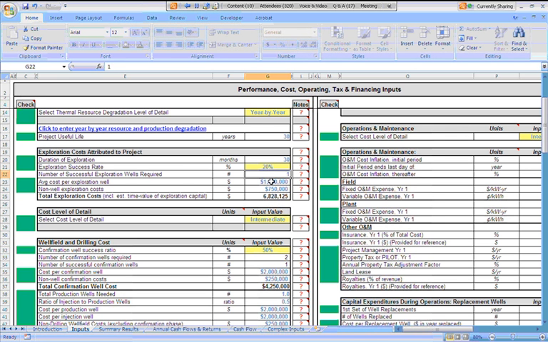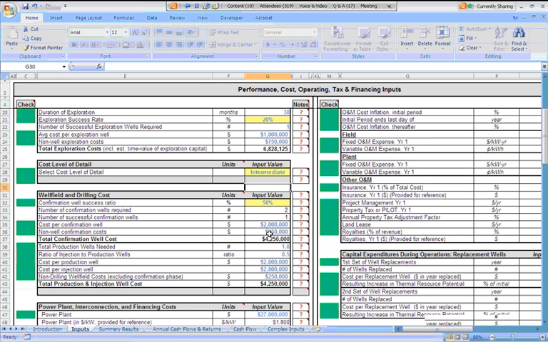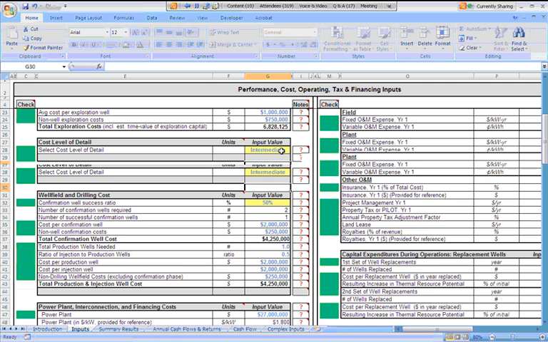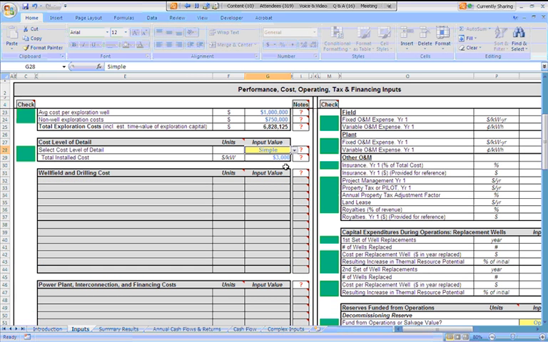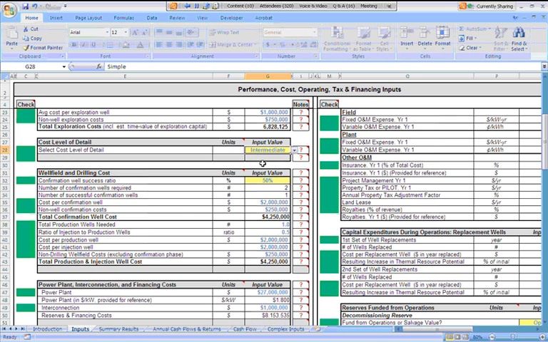This is further expanded by being able to designate the number of exploration wells and the cost per well. The level of cost detail for the geothermal model works similarly to solar, wherein there is an option just to bring things right back up to the highest level and make a total installed cost assumption, or to go to